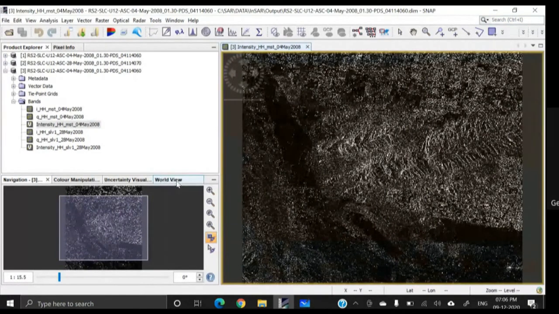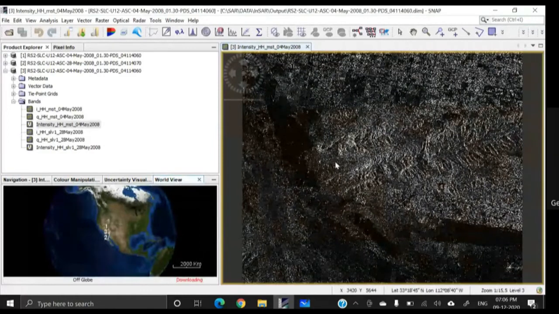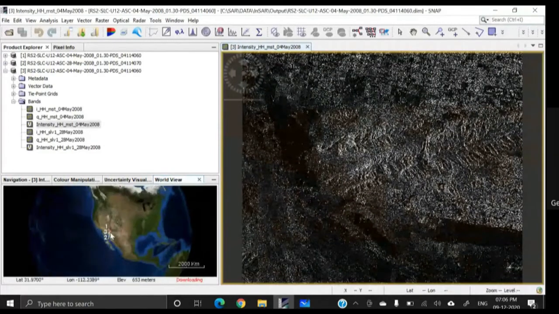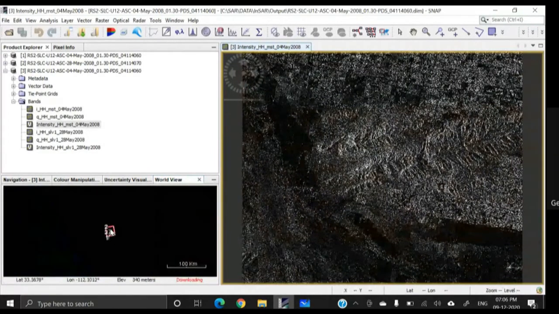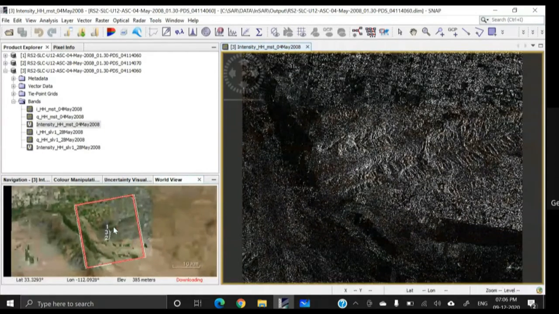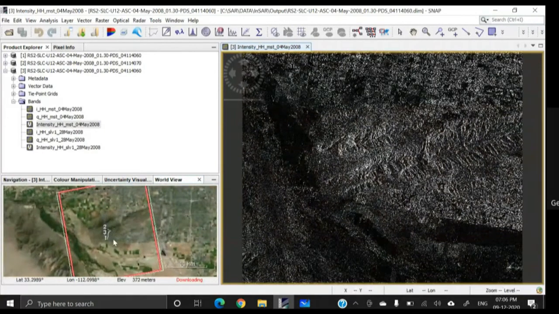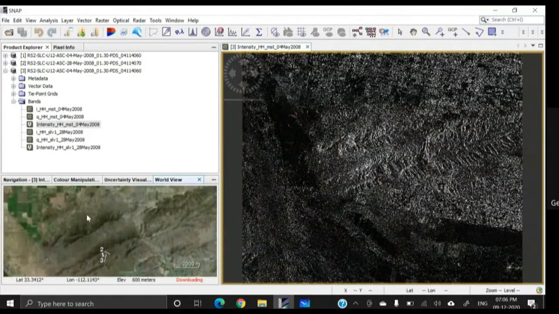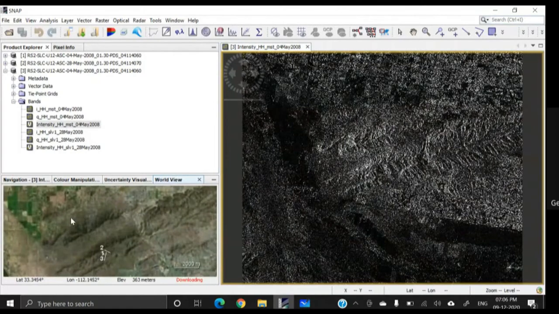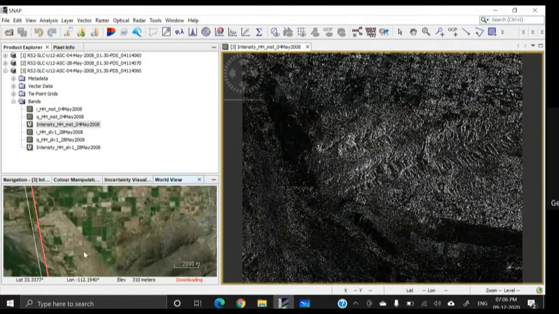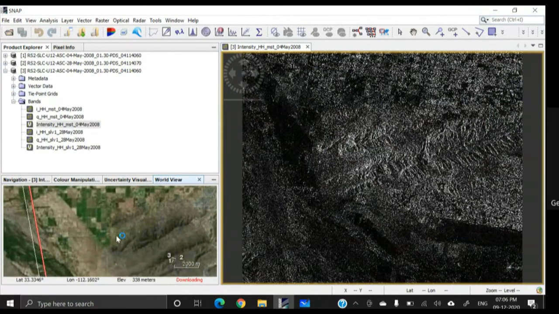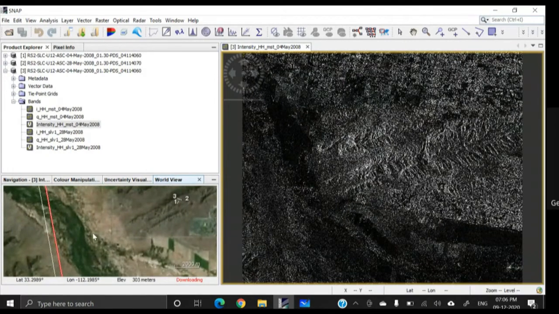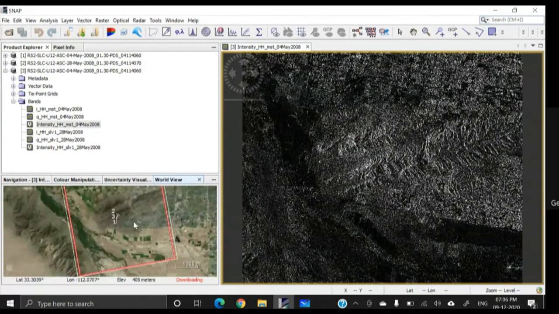if you go to the world view tab, okay, and if you click in this view, you will see that the image has been captured from this area. Okay, and within this area we have some variable terrain. We also have agricultural lands over here where we will have the problem, the vegetation will grow in 28 days and the dam will be different. Here we have some water bodies also. So this is the full scene.